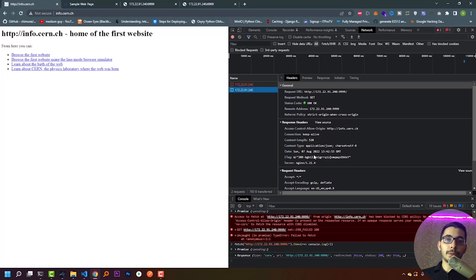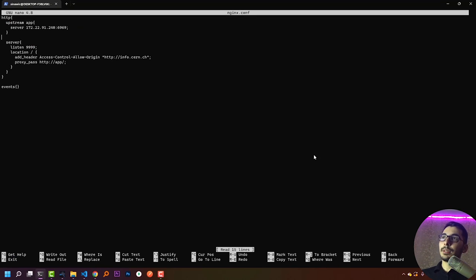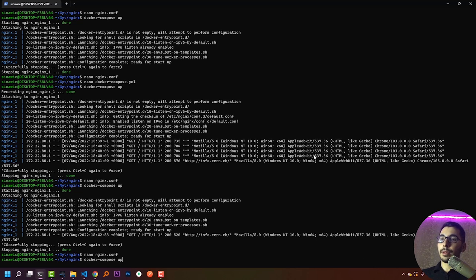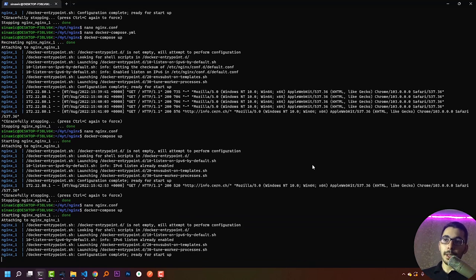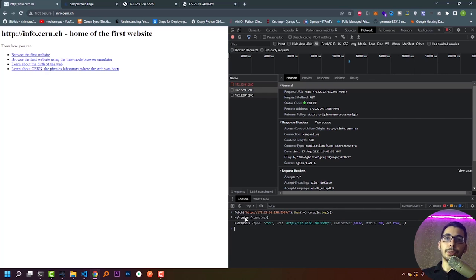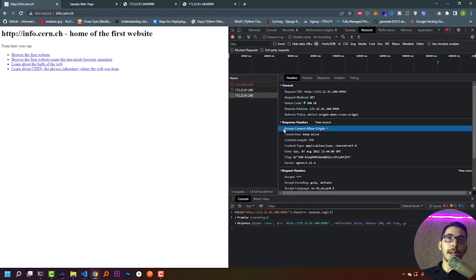So if we want to allow access to all the origins, all the URLs, all domains, we can easily set the value of the header to a simple star, which means everything. If I hit save and docker compose up again, so I'll try to make another request, and this time also the response has successfully come from the server. And if I check the Access-Control-Allow-Origin, it is set to star, so basically I'll be able to make